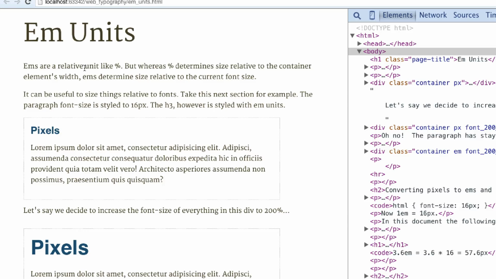So it's not a fixed value. EM units are relative units in the same way that percentage is, but whereas percentage is determined based on the size relative to the parent container or relative to the width of the window, the size of an EM unit is determined relative to the current font size. And sizing things based on the current font size can actually be really, really useful, particularly if we start